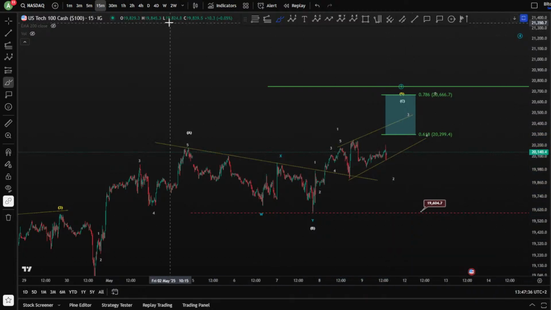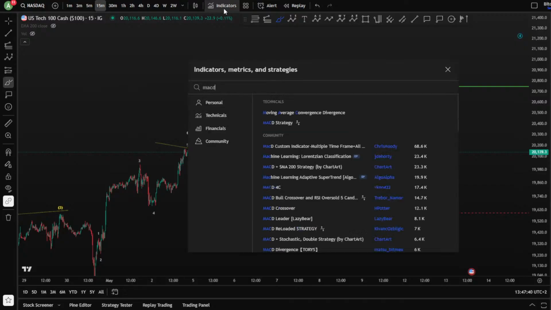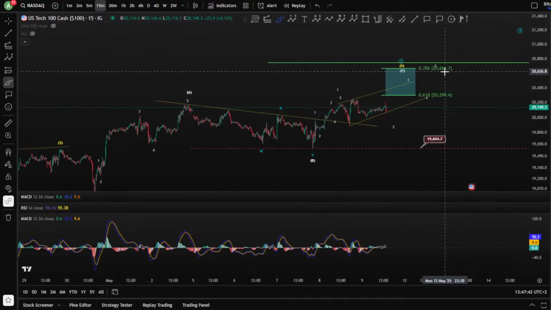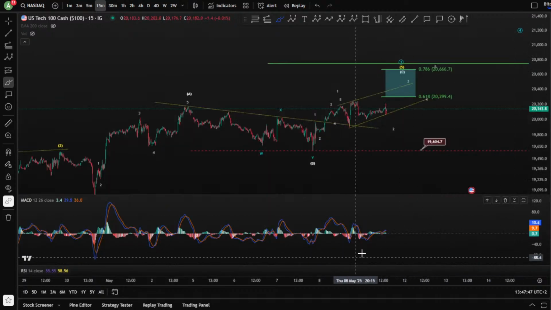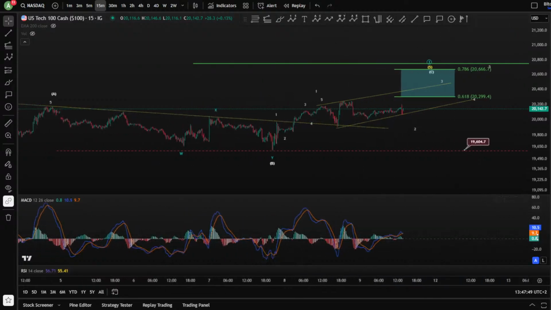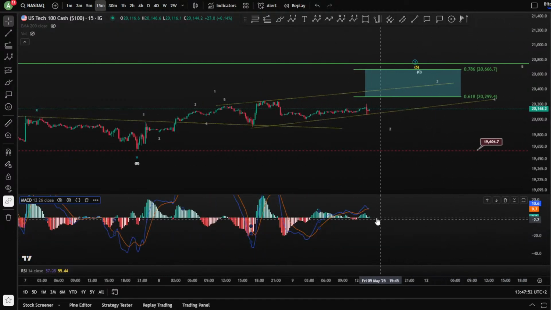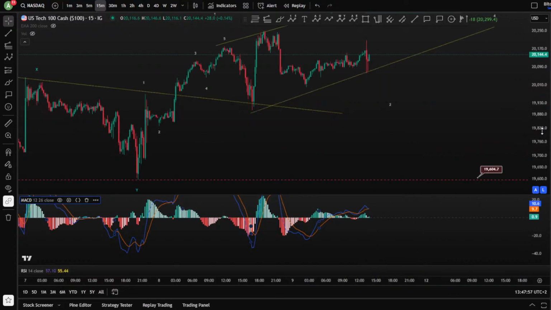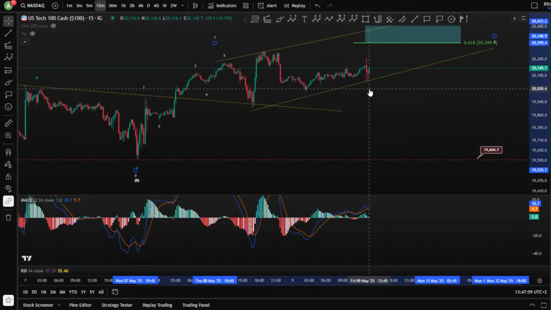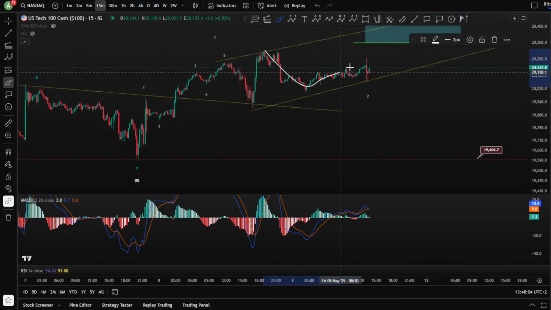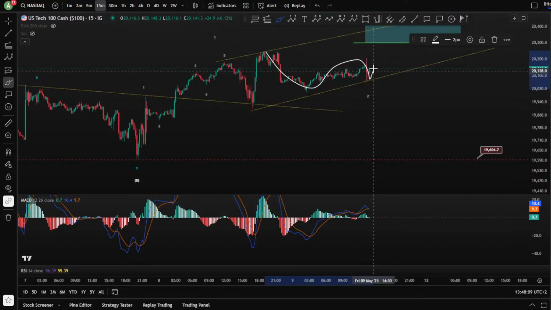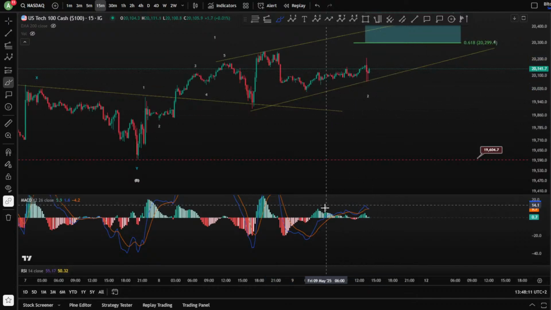Let's check the MACD here to get some insights. Okay, I don't know why they don't show up directly. Here we go. It was already set. Okay, we have a bearish cross on the 15-minute chart. Not yet. It is turning over again. Here we go. So aligning with our counting here as 1, 2, potentially as W, X, and a Y. Your wave Y can be a zigzag here, and this impulse is a finished wave C or not yet. So we have to be careful.